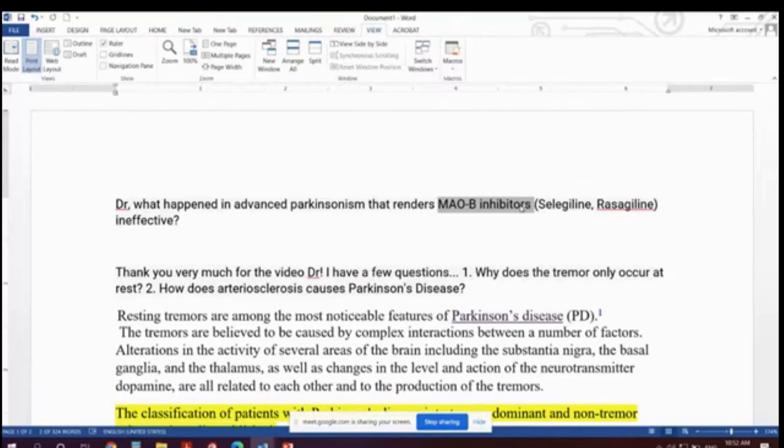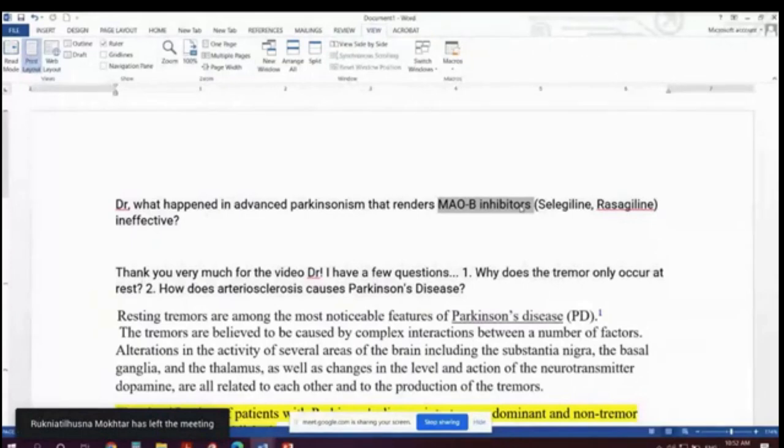Yes, doctor. Okay, so the question is, does this class of drugs work by themselves? If I give just MAO inhibitors, will they treat or manage the symptoms of Parkinson's, or do they depend on something else? They depend on a source of dopamine. They need dopamine.